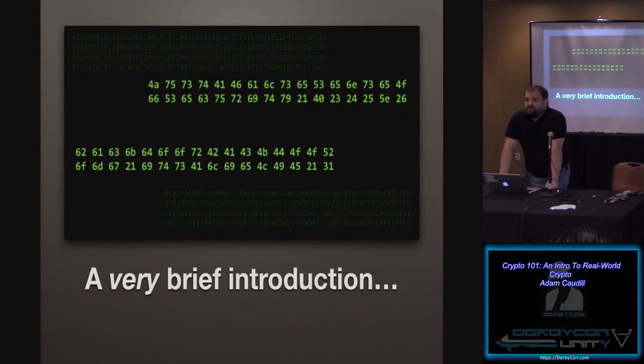This talk is about giving you a brief introduction. This doesn't mean that after this talk you'll be able to sit down and write an NSA-proof chat application or sit down on your laptop and break RSA. What you should be able to do is talk intelligently with other people when the topic turns to cryptography. You should understand enough of the basics to understand what's going on. Hopefully, you will then choose to do more research on your own. There's a couple of resources I'll point to at the end of the talk so we can learn more about the topic.